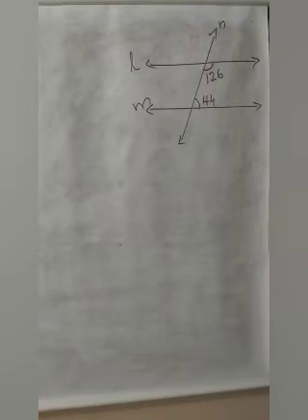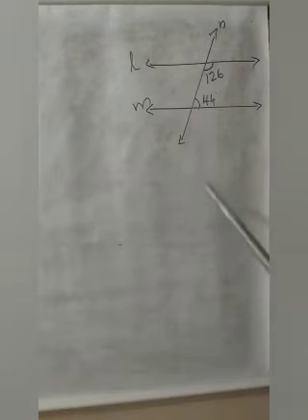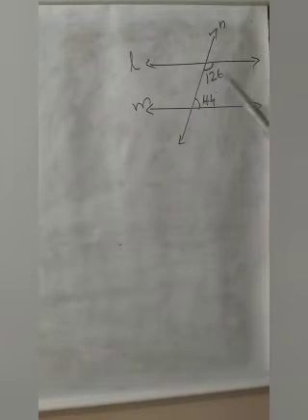Today we can solve another type of problems. That means we have to prove the lines are parallel given the angles. The values of the angles are given and we are proving the lines are parallel. Next question, we have to prove the lines are parallel. That means we need to prove L and M are parallel. Here two angles, the values of two angles, are given. We need to prove that these two lines are parallel.